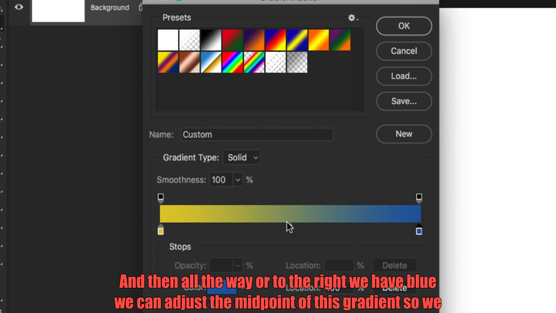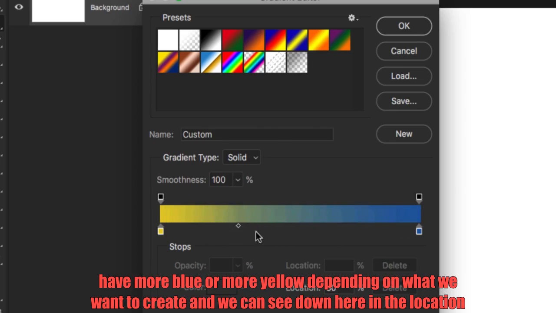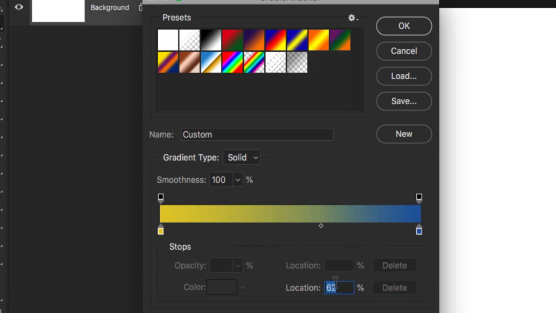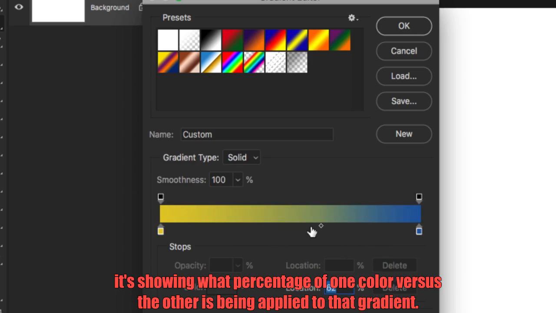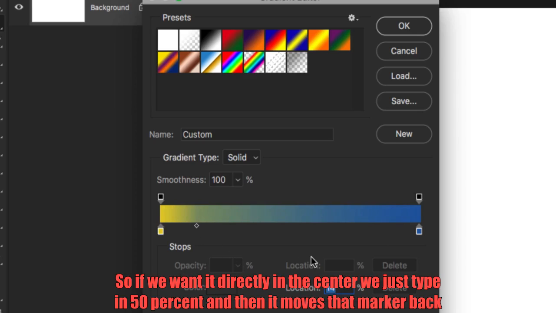We can adjust the midpoint of this gradient so we have more blue or more yellow, depending on what we want to create. And we can see down here in the location, it's showing what percentage of one color versus the other is being applied to that gradient. So if we want it directly in the center, we just type in 50%